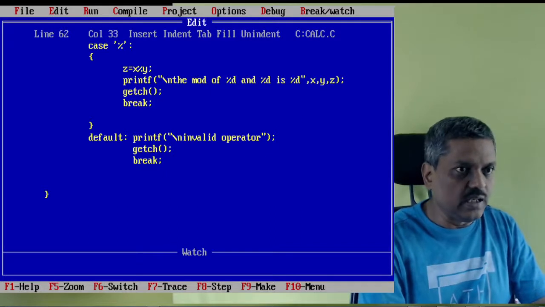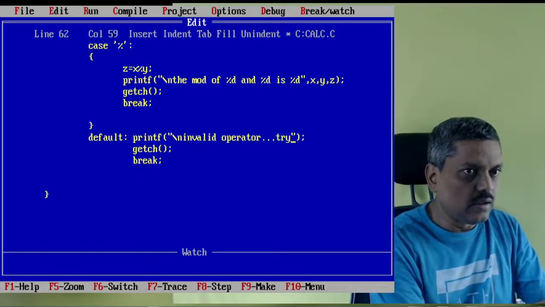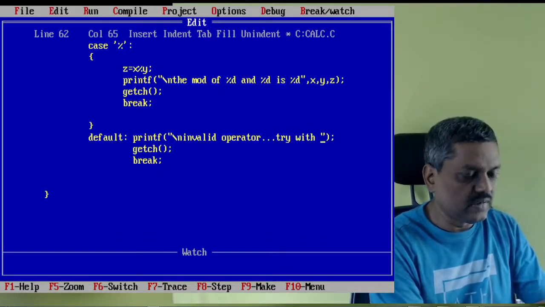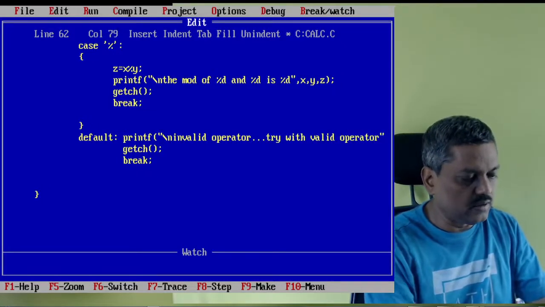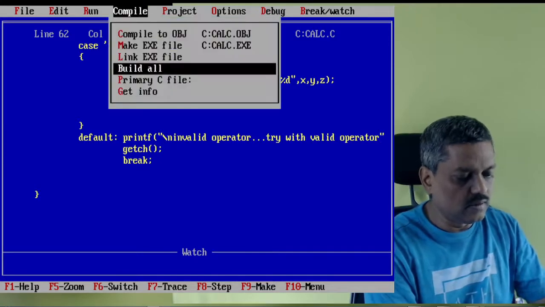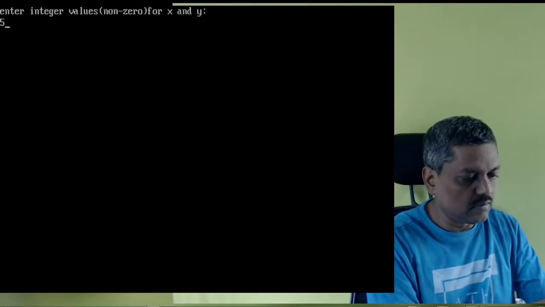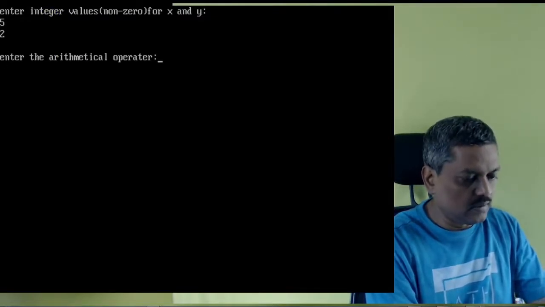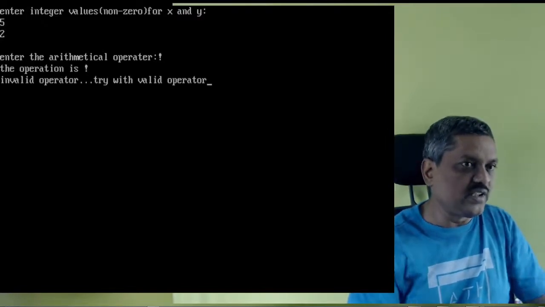So enter valid operator, so even the message can be very correct. So try with valid operator. That's fine. This time I enter exclamatory symbol, which is not an operator. So operation is exclamatory. Invalid operator, try with valid operator.